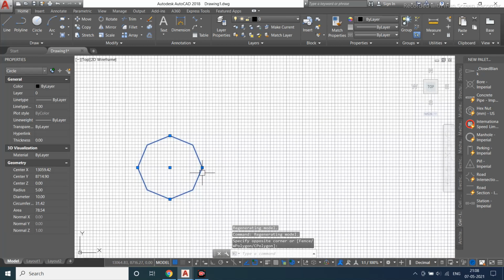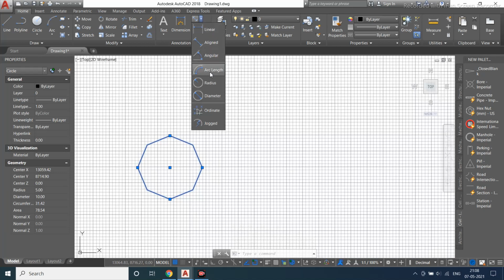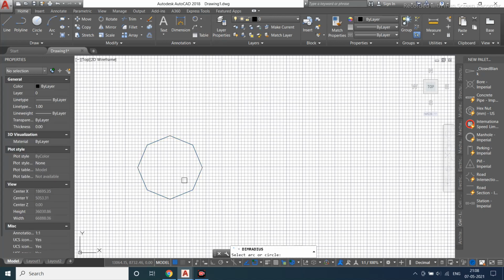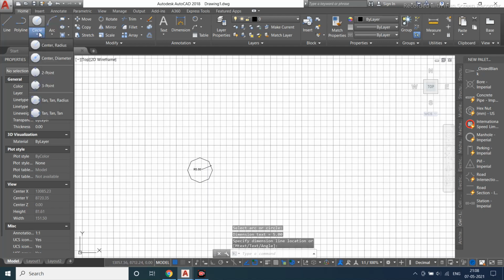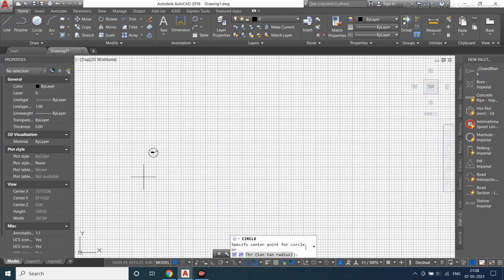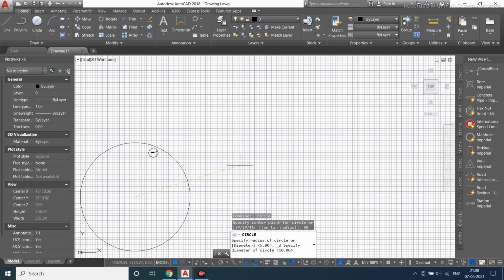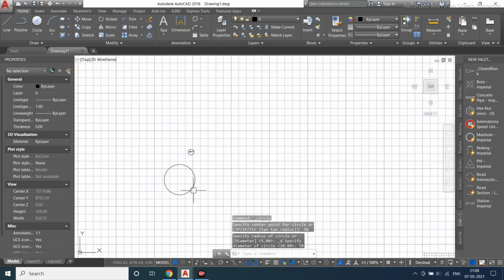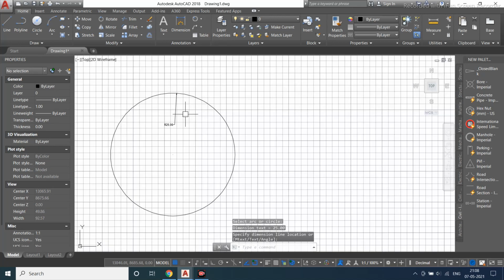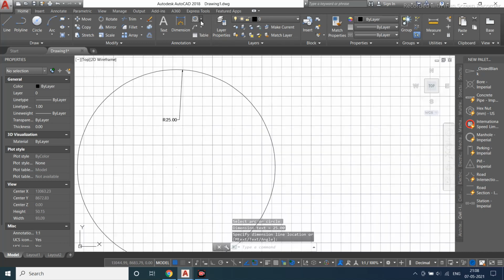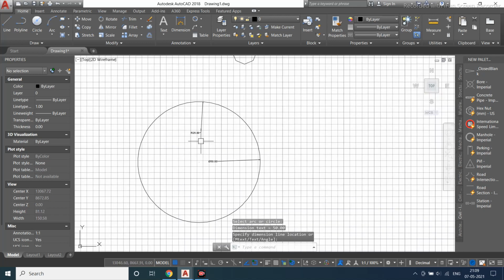So this is your circle. You can find out what the radius is. Just go to your annotation. In this, drag down, you will get the radius. Then select your circle. You can note it down as radius 5. Again, if you want diameter, I'll go with the higher value so you can view it, 50, enter. So when you enter, you can even check your radius. Since I have given diameter 50, the radius is 25. If you want to know the diameter of a circle, you can directly note down the diameter is 50, or radius 25.